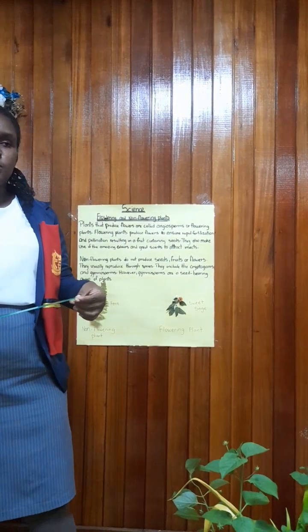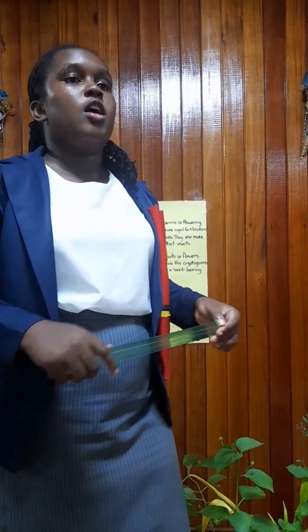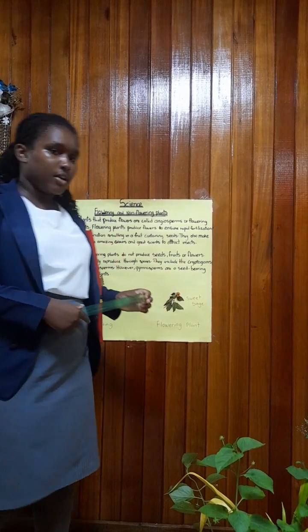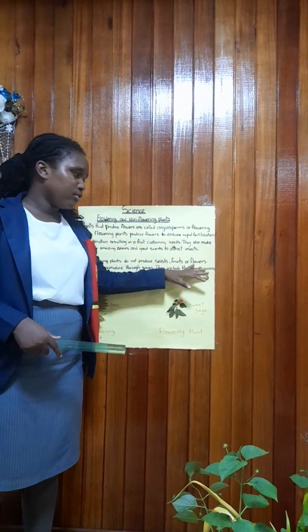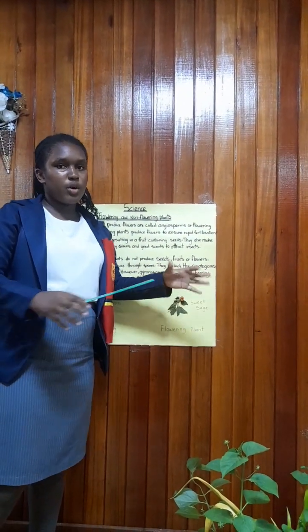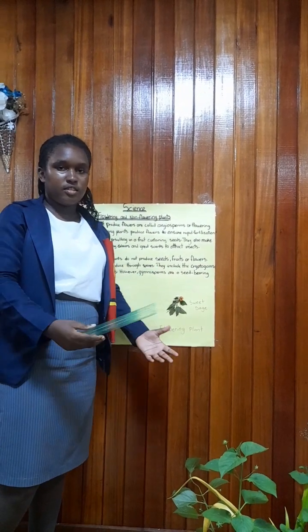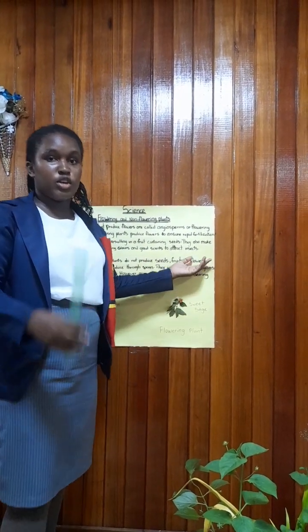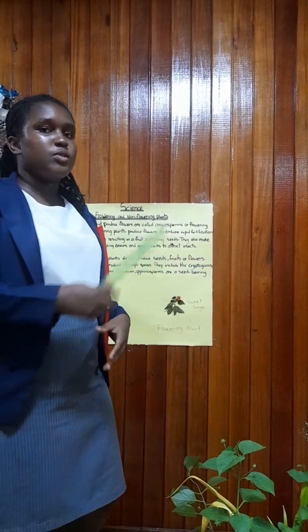Marcy, help her. Which type of plant uses spores to reproduce? Non-flowering plants, exactly. Because non-flowering plants don't have seeds or fruits or flowers, so there's no way you can have anything fall on the ground and reproduce because they don't have seeds. So they use spores. But spores are what will fall and then reproduce to help the plant